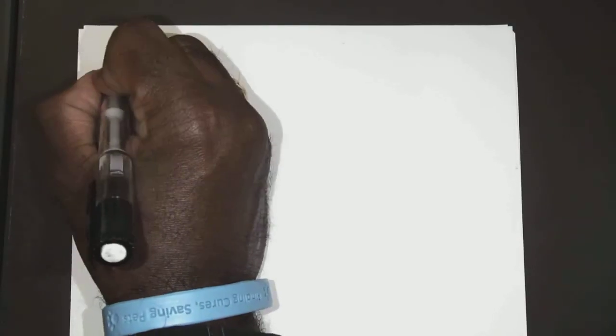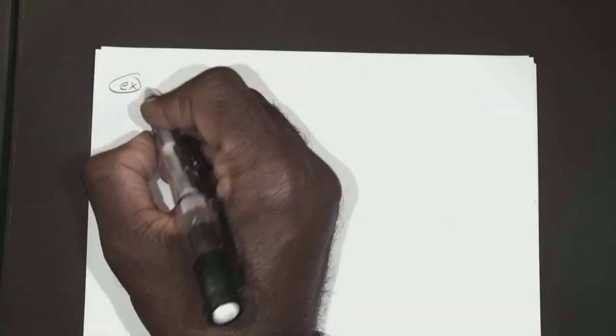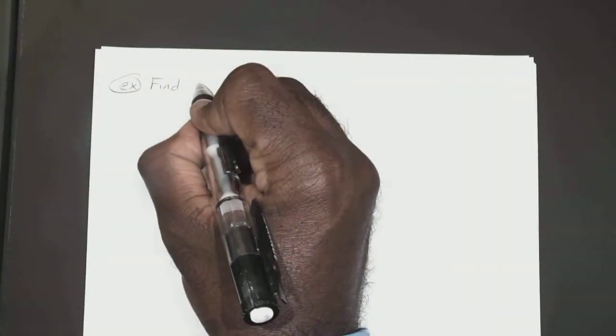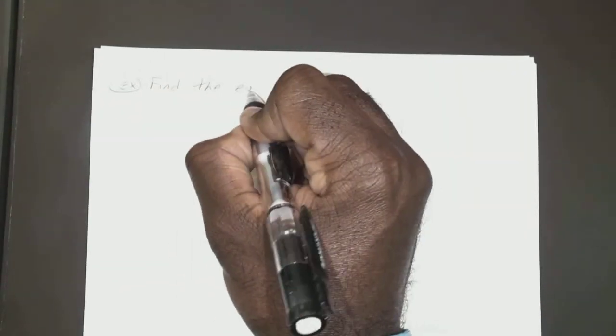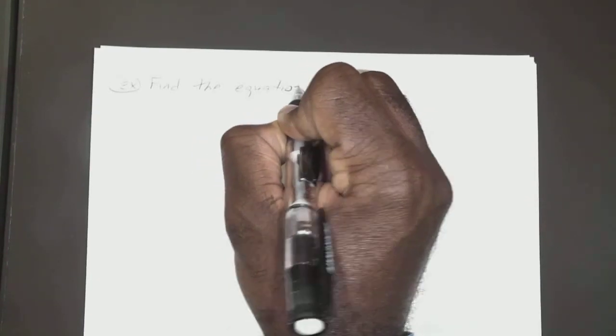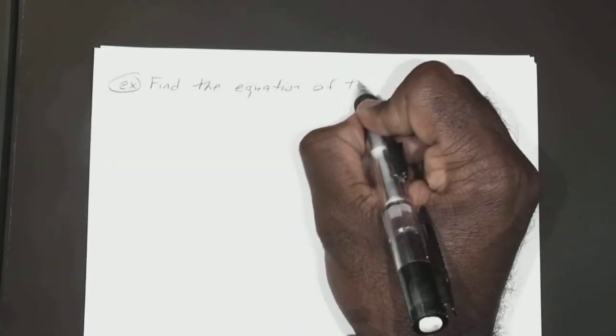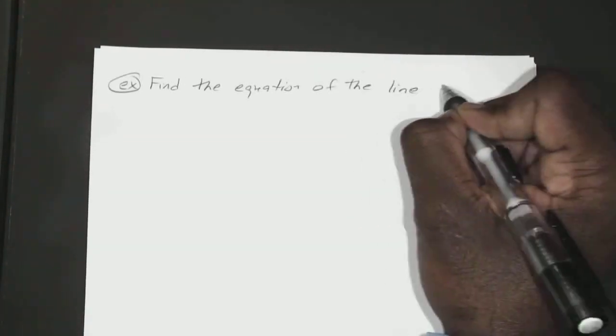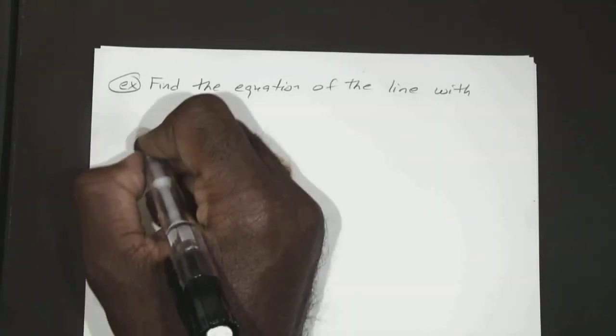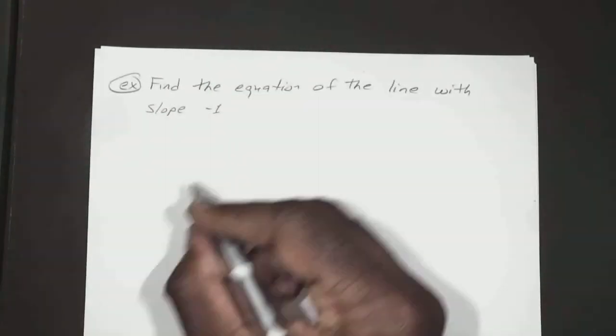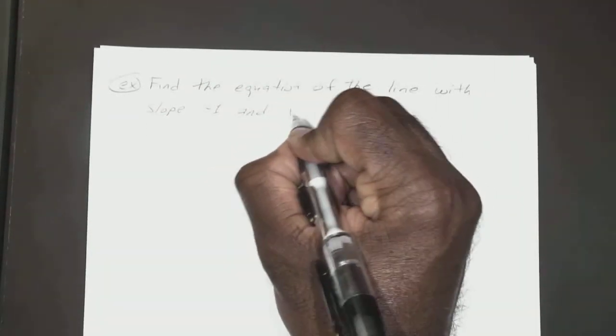Okay. So now the first example I'm going to give you is going to show when you won't need the point slope form. So let's say, for example, you wanted to find the equation of the line with a slope of -1 and y-intercept